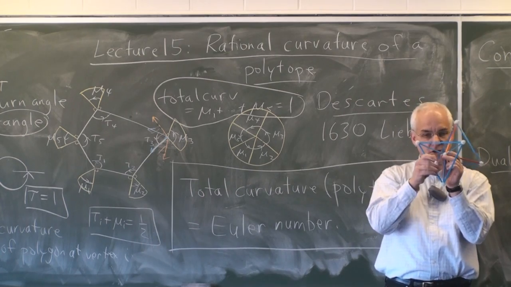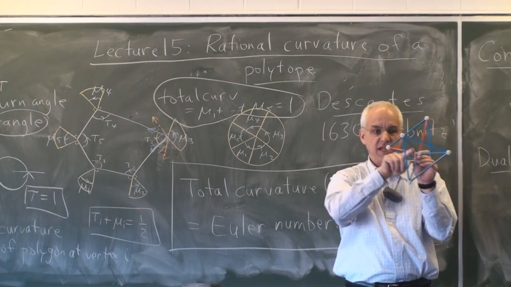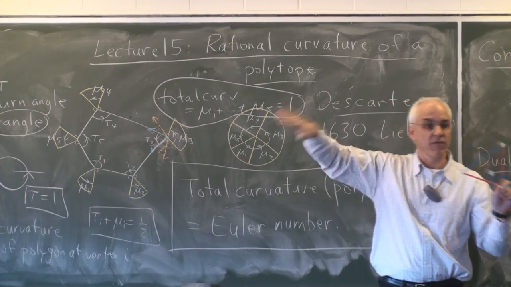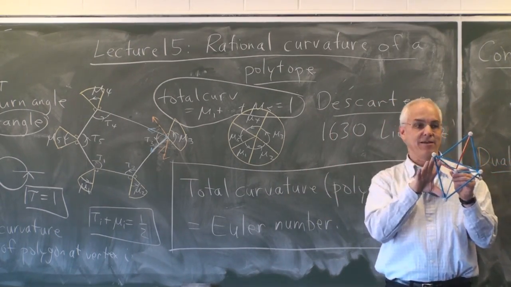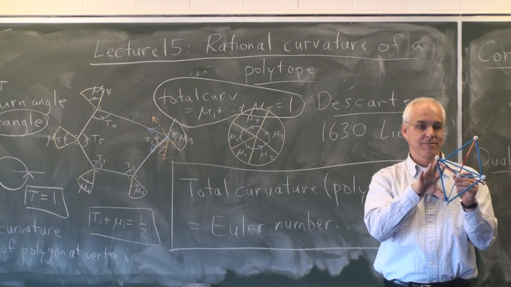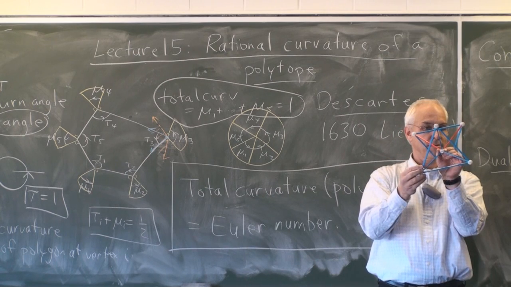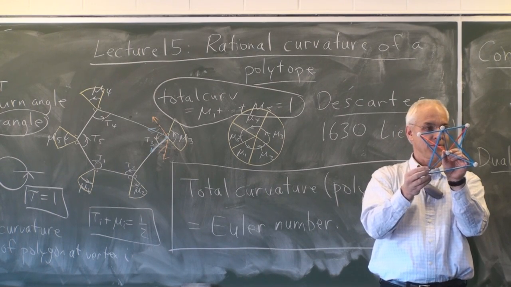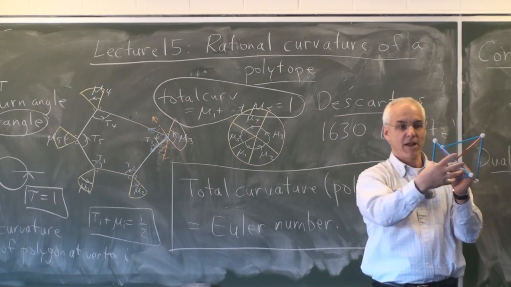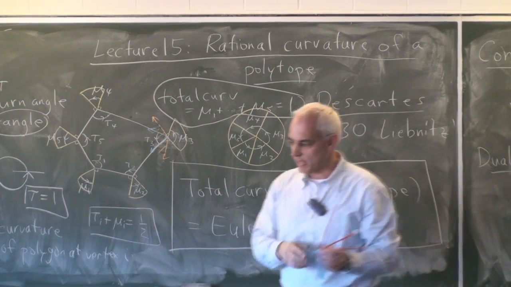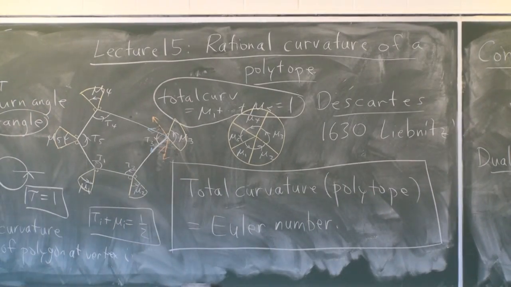So it's like you had your eye here, and if you just had your eye at this vertex and you're looking out just in these directions, what proportion of the whole space around you are you seeing? Okay, so in this case here, I might be seeing maybe, I don't know, maybe a third. Certainly less than a half. And I want to get a number for that. So to understand that, we have to understand relationships on a sphere.